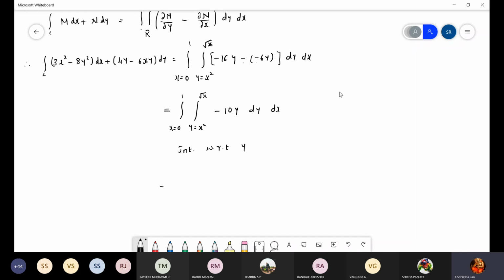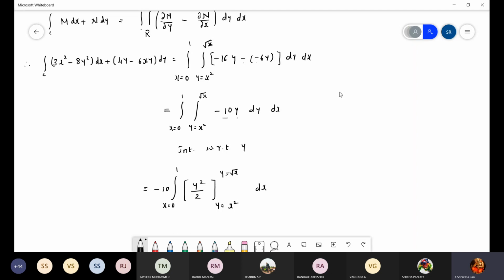Integrate with respect to y. So first the outer integral I will write as it is, x equals 0 to 1. Now minus 10, I will take outside. Anyhow it is a constant, no? Better you take minus 10 outside, because every time you have to enter the upper limit and lower limit. So only y is left. So the integration of y is y square by 2. For this you have to substitute the limit y equals x square to y equals root x, and write dx as it is.